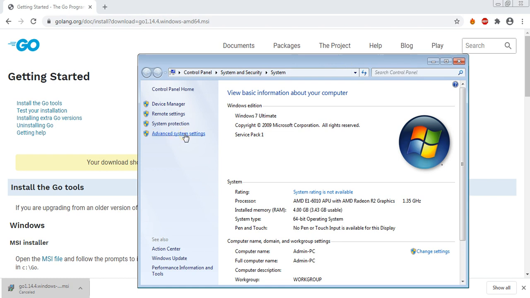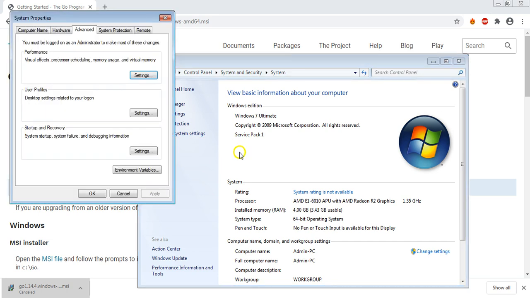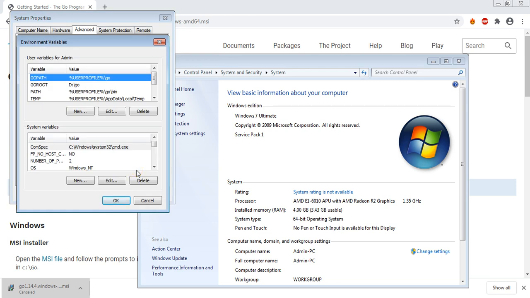There you click on Advanced system settings. Once you click this hyperlink, it will direct you to a small window called System Properties, where you need to set the environment variables. Remember, dear friends, this is the same kind of step that you take to set environment variables for languages like Java or something else. Same procedure, you need to set the environment variables.